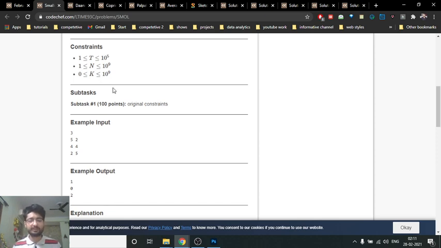But there is one trick, which I hope a lot of students get, because k can be equal to 0, which means that you cannot just find n mod k, because this will give a runtime error, since you are doing a modulo with 0. So you just have to take care of that test case. Else the answer is just n mod k. When k is equal to 0, it means that you cannot subtract any number from n. So the minimum number you can get is n itself, because you cannot subtract anything. I hope you get the point.